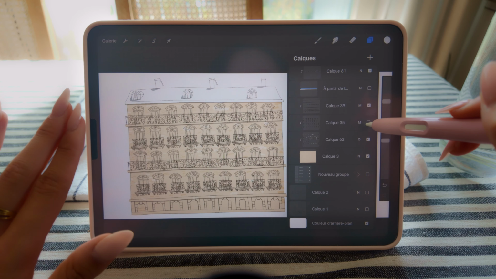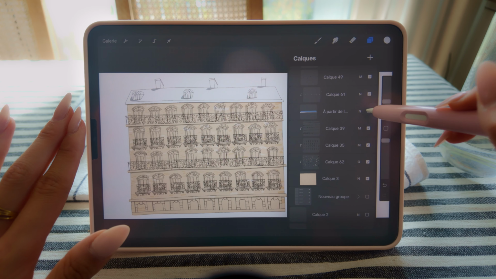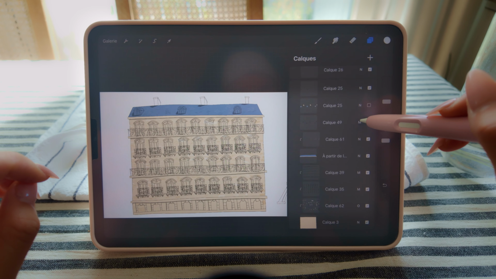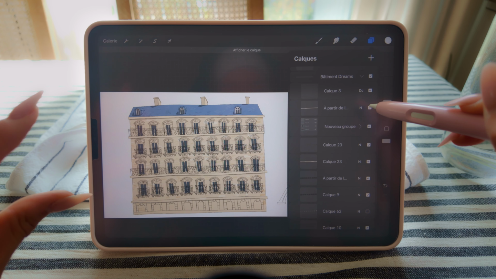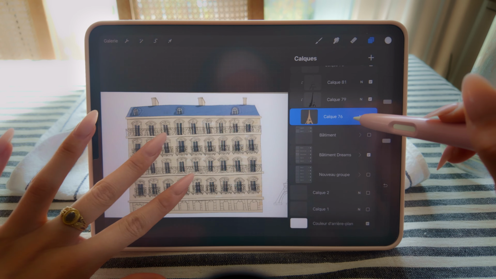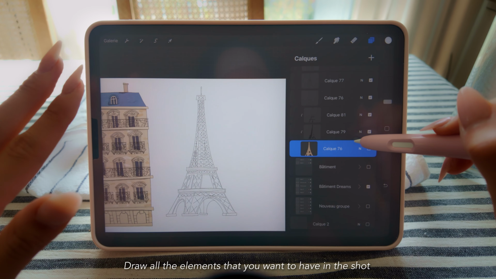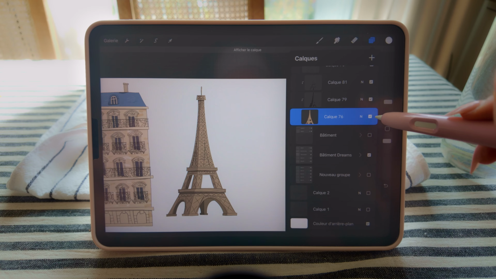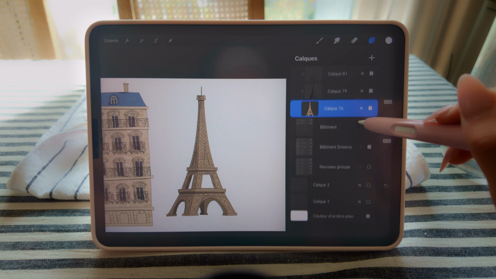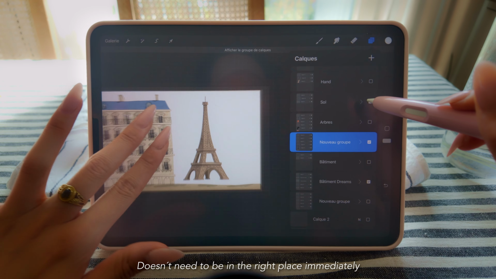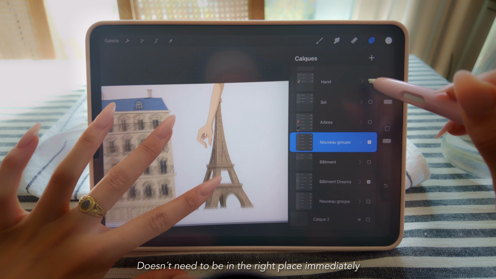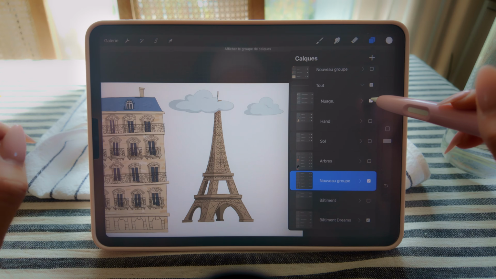Color, the shadows, the roof. Even though I duplicated everything, it was still really, annoyingly long to draw. Then I drew the Eiffel Tower also, and then I put the color, put the shadow, little details. Then I drew the trees, then I drew the ground, then my hand that's dropping the Eiffel Tower, then the